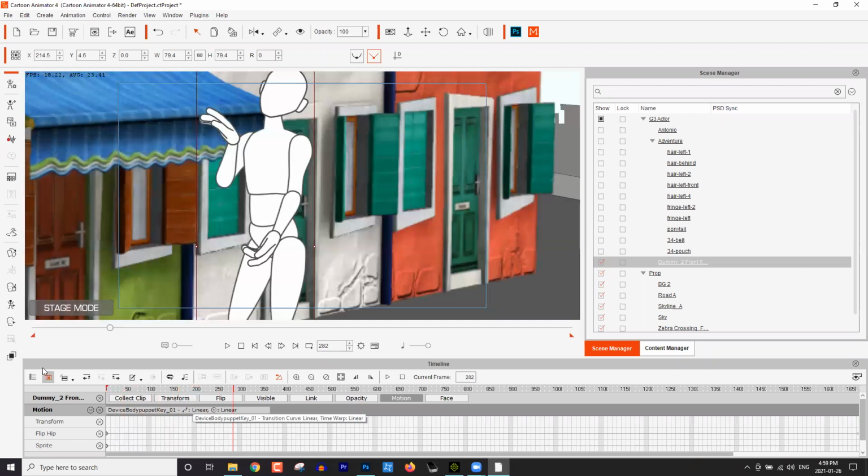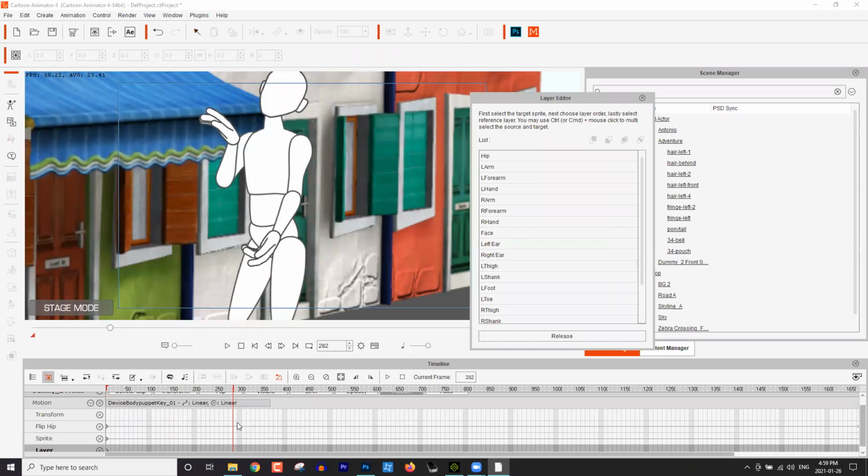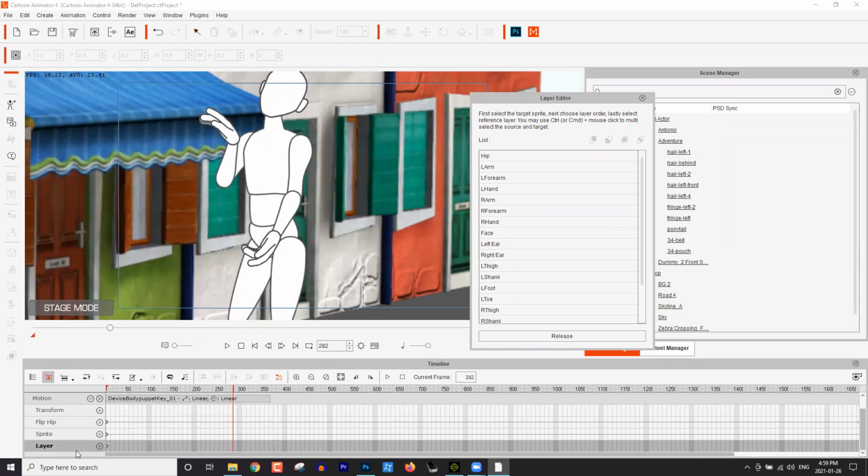And what I'm going to do is go over here to the Layers Editor and click on that. And you can see it'll pop up with our layer track right here. So what I want to do is at this frame right here, right before her forearm kind of goes, we want this arm to go in front of the chest. So right here, at this frame,